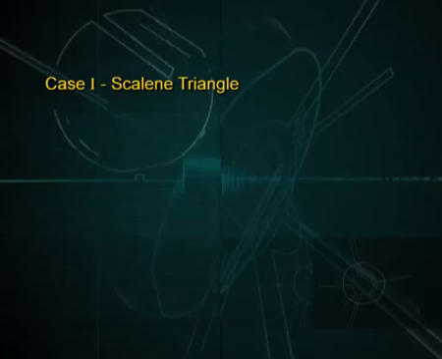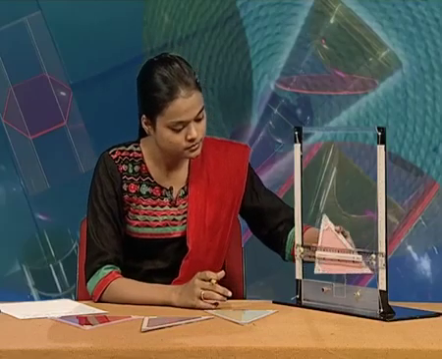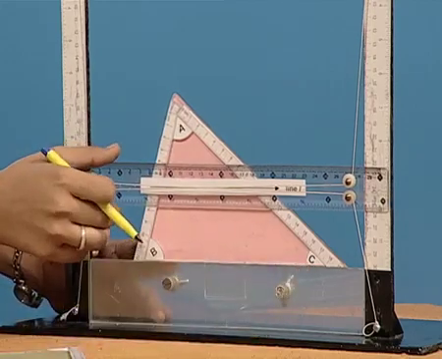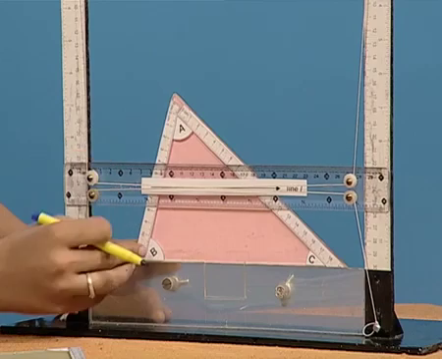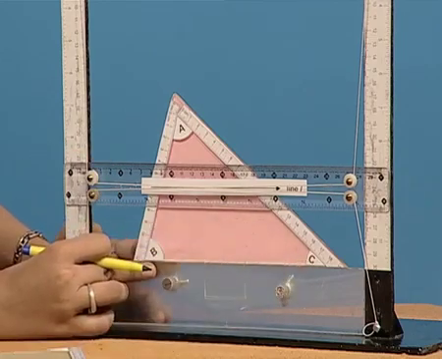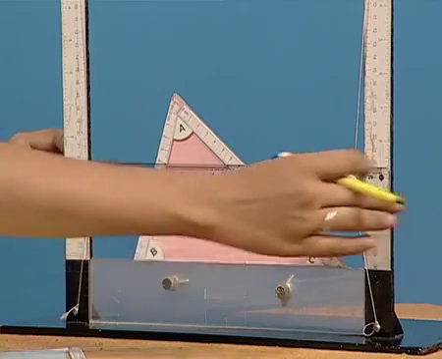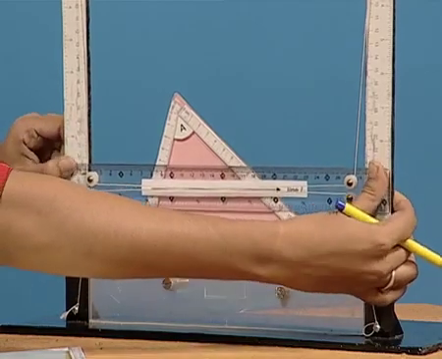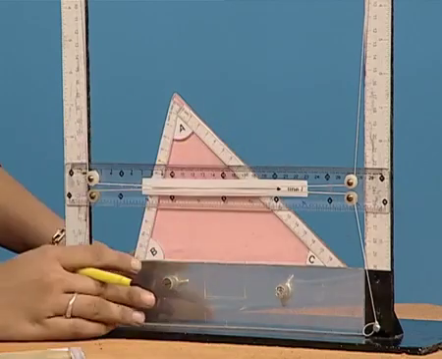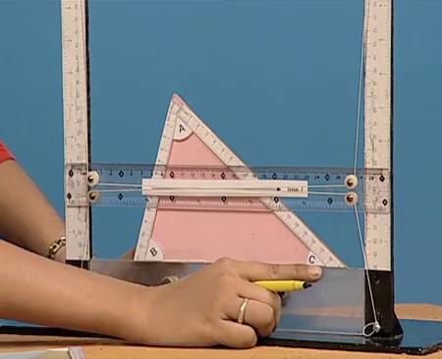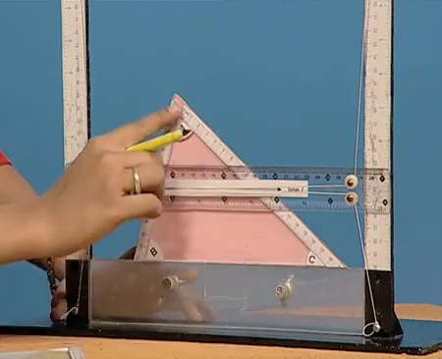So let us take case 1, when we have a scalene triangle. Now you can see that this is a scalene triangle ABC, and this scale which is representing the line L is parallel to the side BC of this triangle A, B and C. Let us adjust the scale at some position. Now you can see that this line is parallel to the side BC and intersecting the other two sides of the triangle